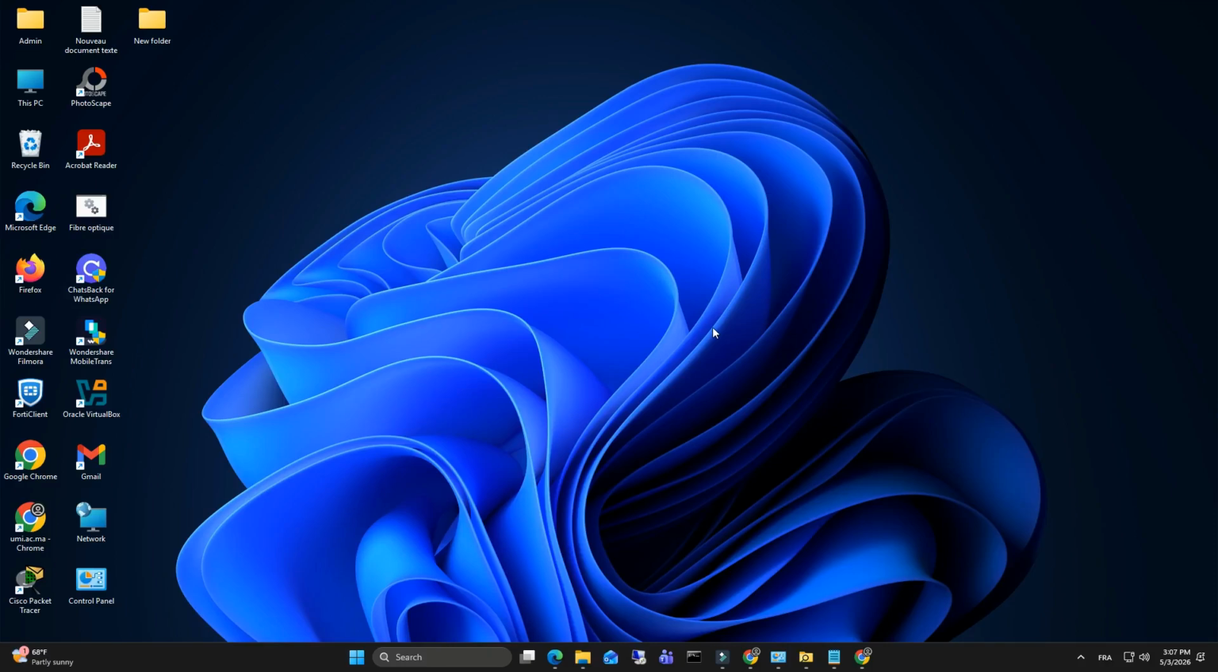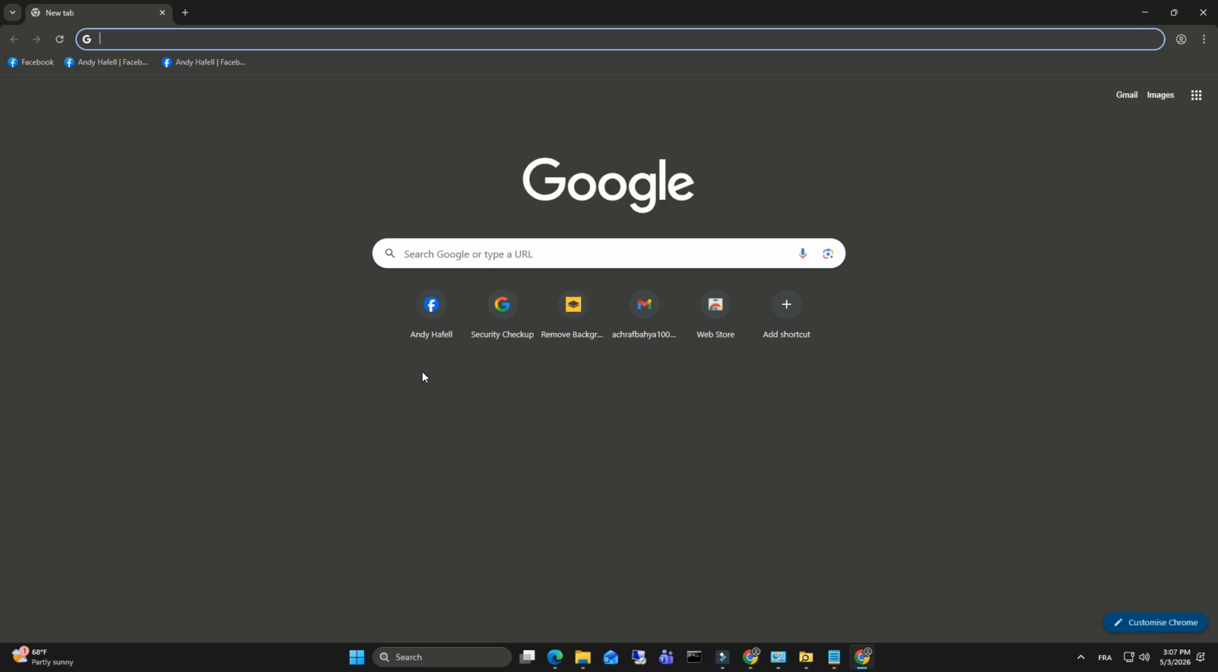Let me show you how to add Google Calendar to your desktop on Windows 11. This is really useful if you check your calendar often, since it gives you quick access right from your desktop. We'll be using Google Chrome for this, as it makes the process simple, but you can do something similar in